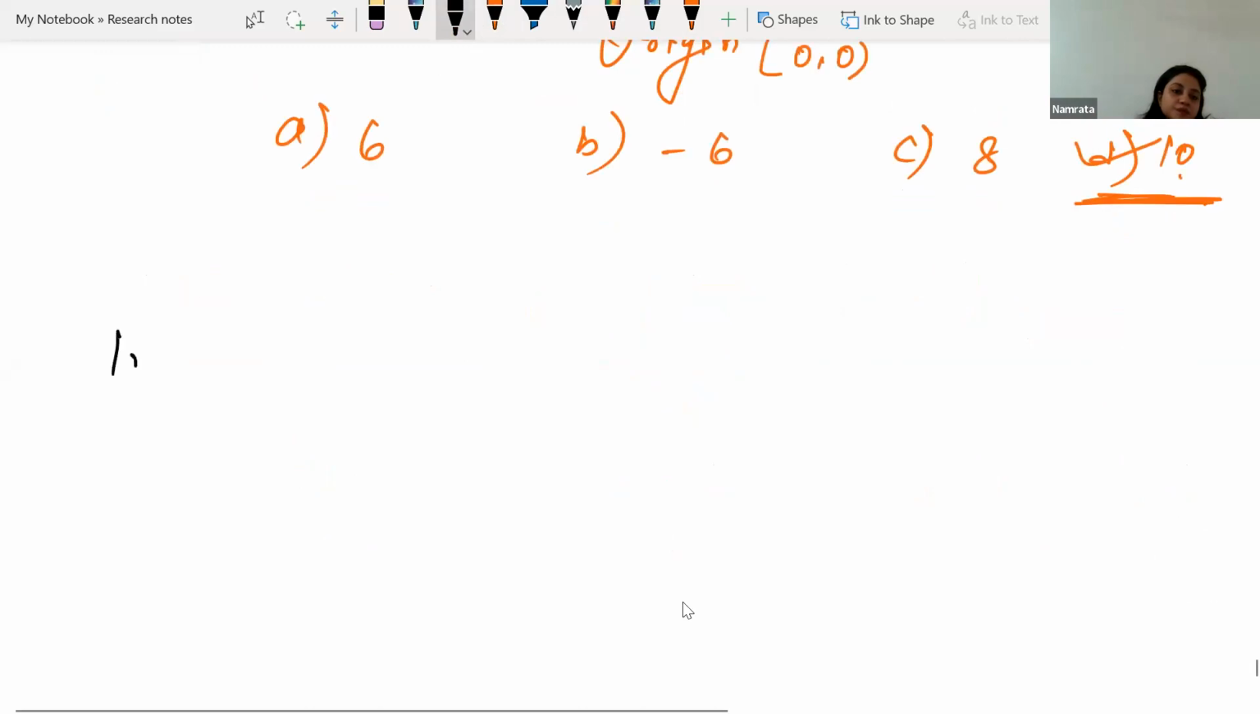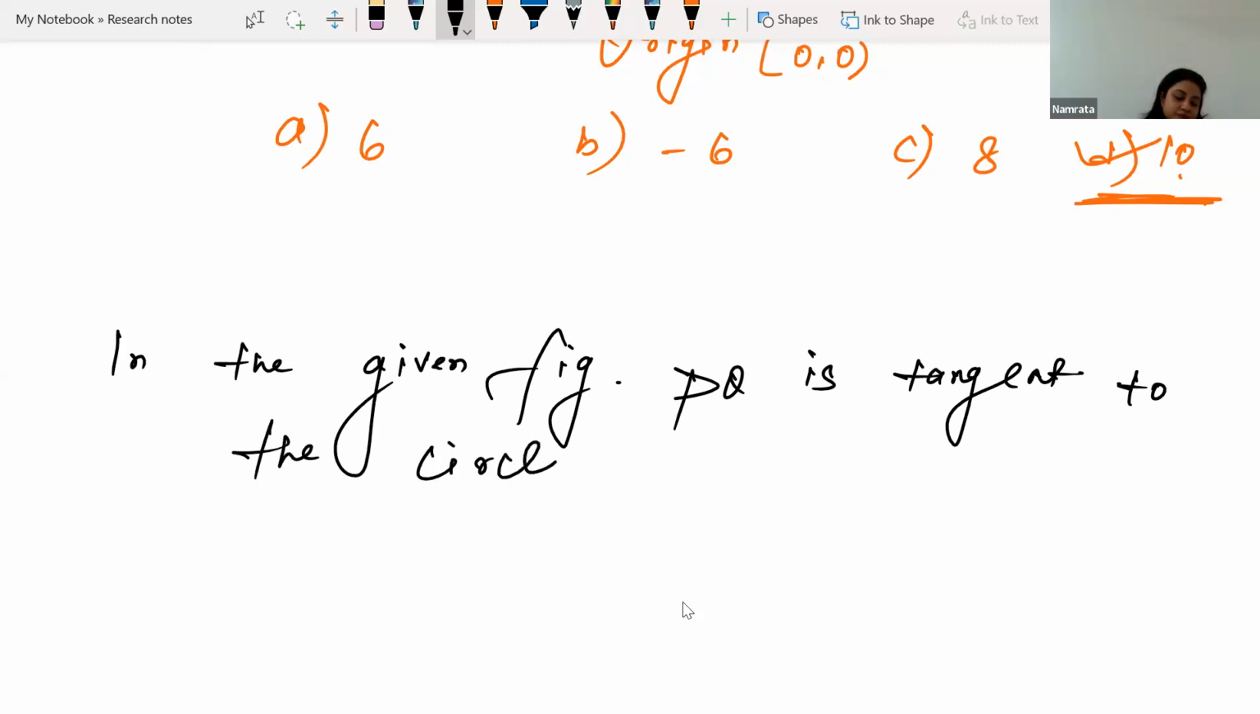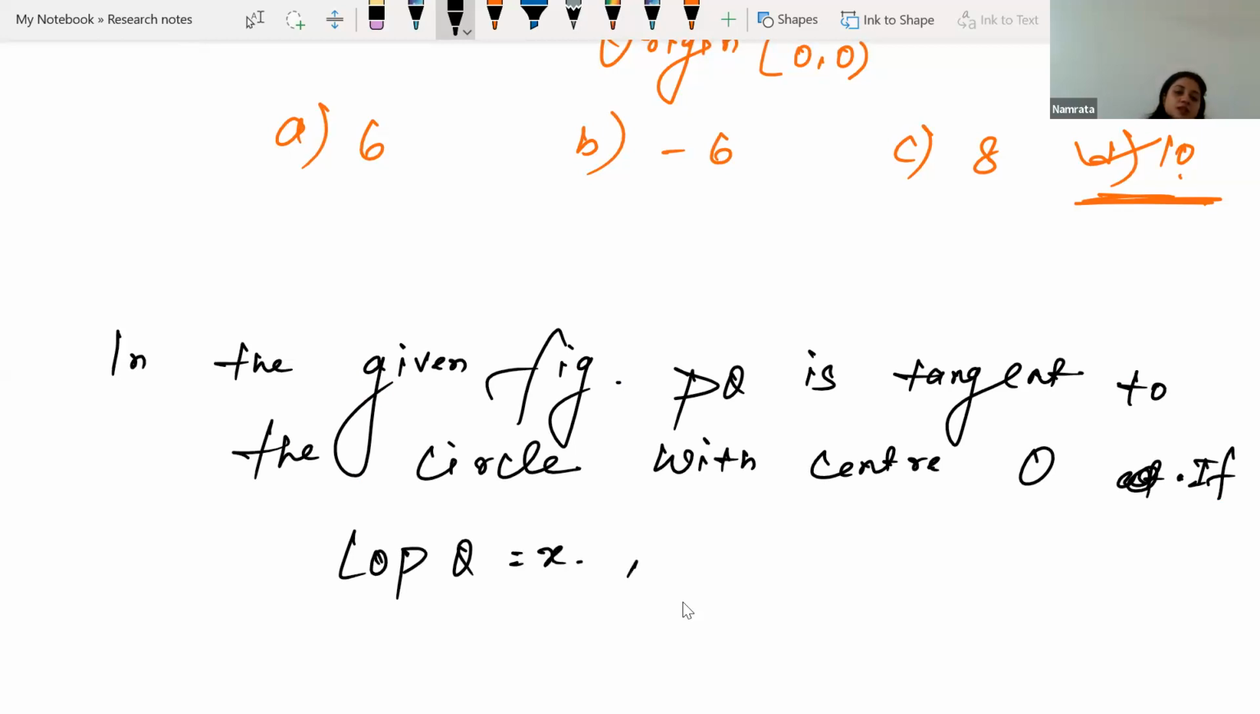In the given figure, PQ is tangent to the circle with center O. If angle OPQ is equal to X, angle POQ is equal to Y, then X plus Y is equal to,